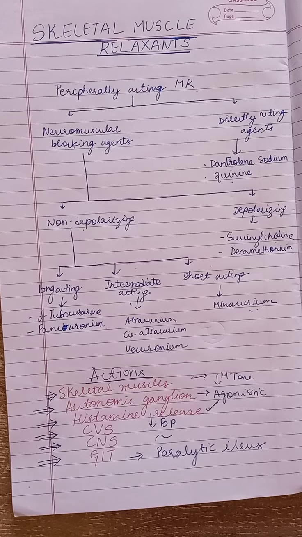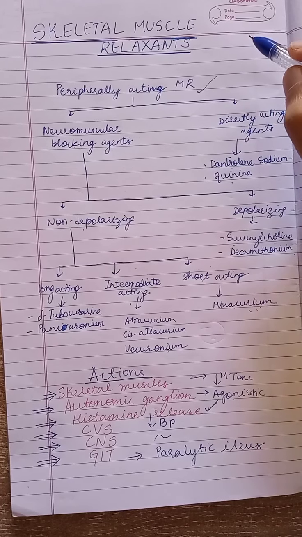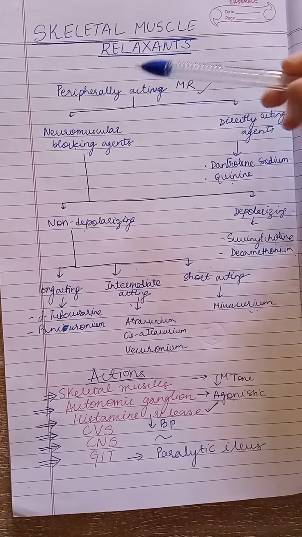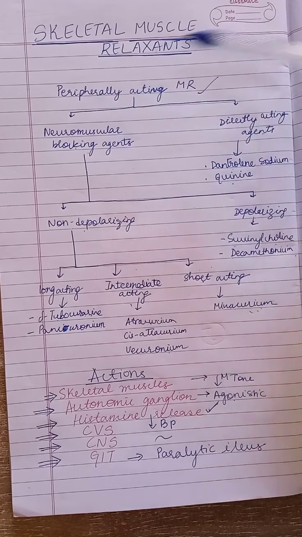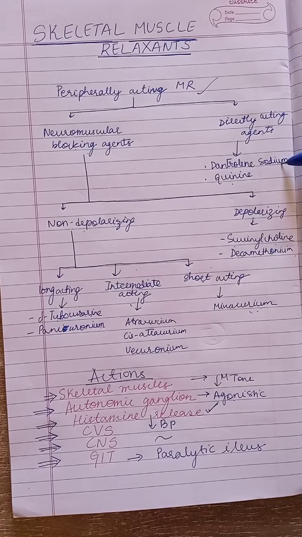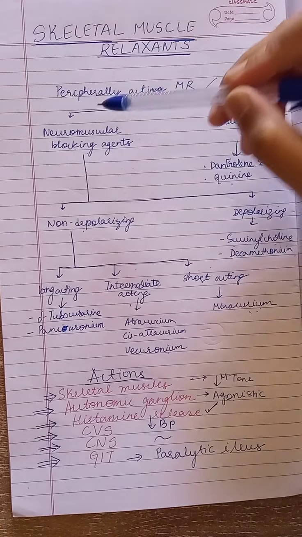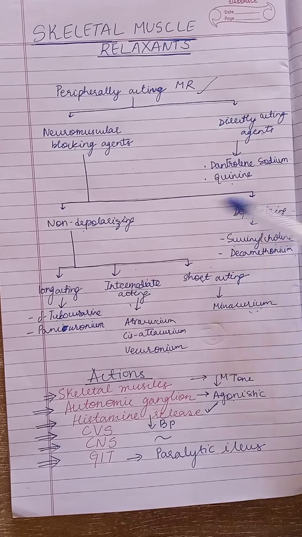These skeletal muscle relaxants are divided into peripherally acting ones and centrally acting ones, out of which the peripherally acting muscle relaxants will be dealt with in this video. The peripherally acting muscle relaxants are of two types. There are neuromuscular blocking agents as well as directly acting agents. Directly acting agents being dantrolene sodium and quinine, and the neuromuscular blocking agents are again divided into depolarizing agents and